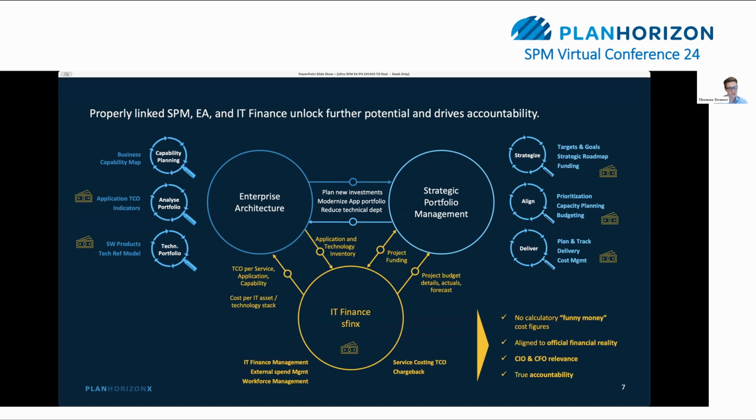According to the business case, you had an expectation that the cost for a service, for a certain application, or for a certain capability should change. And then you can actually track whether it really happens. And as we are linking this to the ledger system, which is the only source of truth, this becomes highly relevant for the CFO, for the CIO, and the senior management community, because it's really aligned to the official